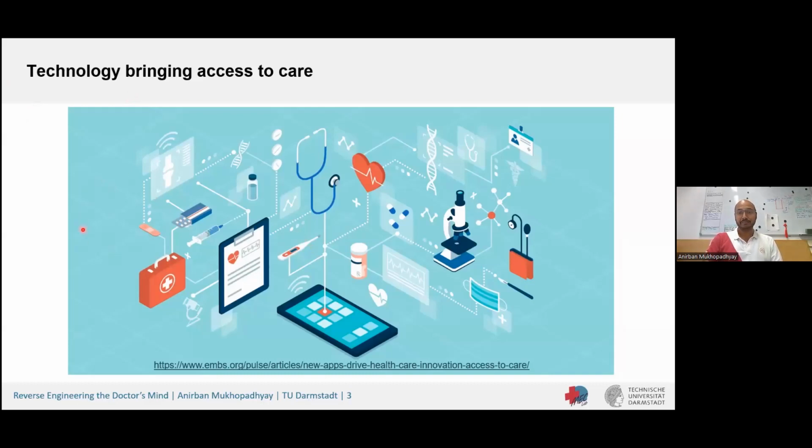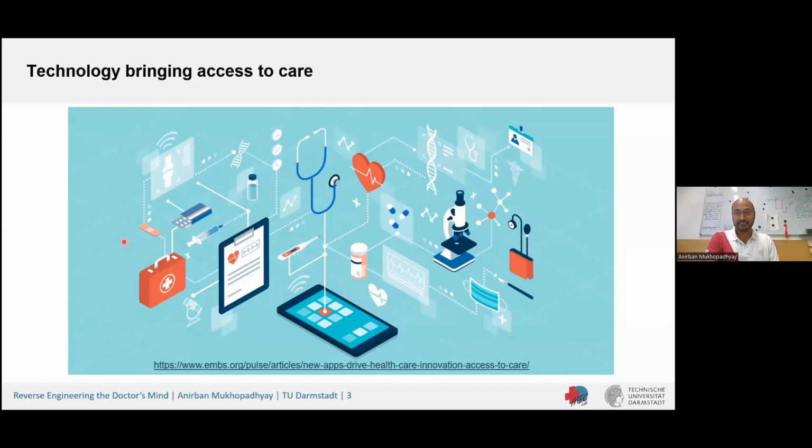Now, fortunately, health tech has already shown its potential in a broad range of applications. You can see this EMBS poster of the different applications where health tech can help, making better access to healthcare. During the pandemic, we got an acceleration in the trust in technology for access to care at the societal level. So we are more or less ready to envision an alternative world where combining pervasive mobile networks with AI can make basic diagnostic screening, as well as maybe some of the simple surgical care, much more accessible